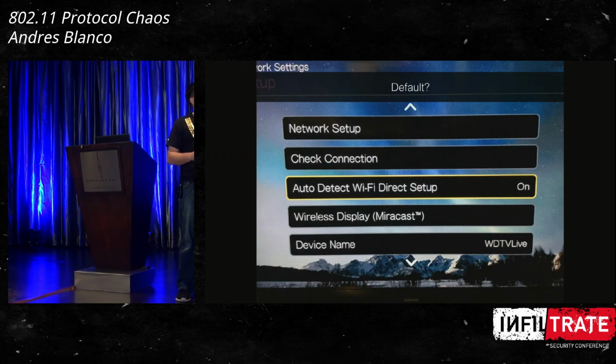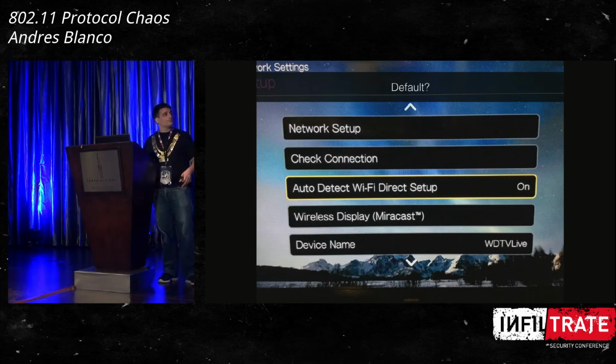So any way you connect this device to a network, if you have Wi-Fi Direct enabled, even worse is that I wasn't able to understand how the protocol is being disabled, because I disabled it a couple of times, and then a couple of months later, it's enabled again. So I don't know what is going on with this device. I think I'm going to throw it in the trash because...